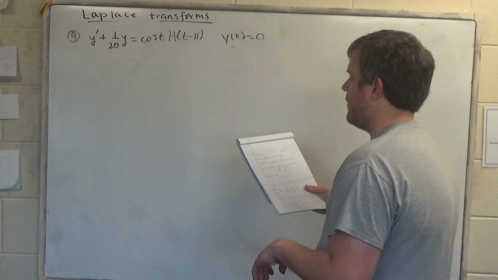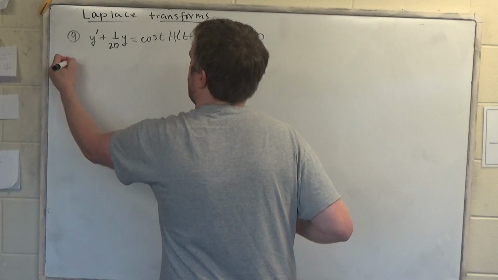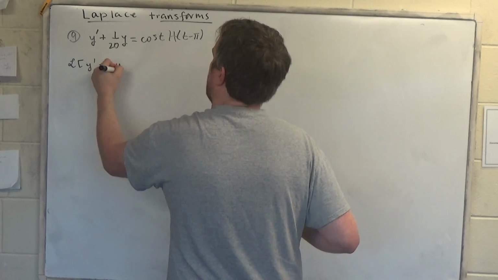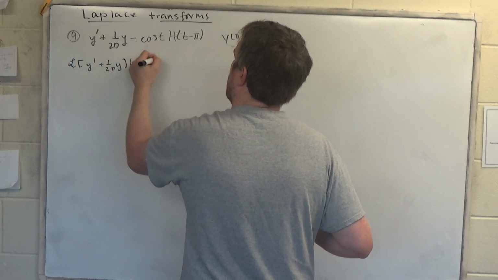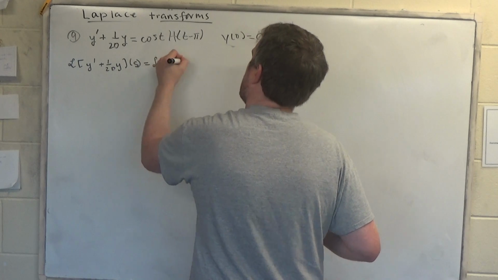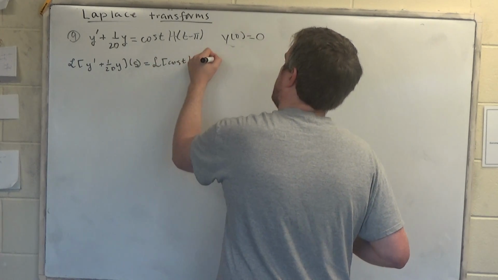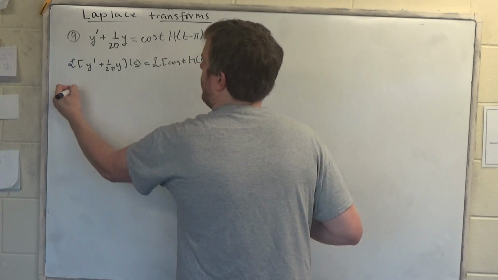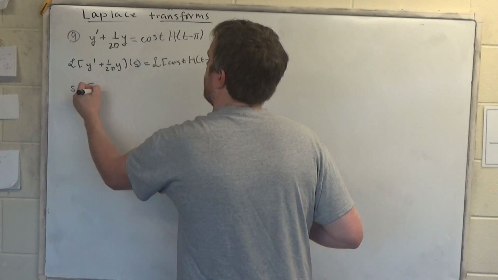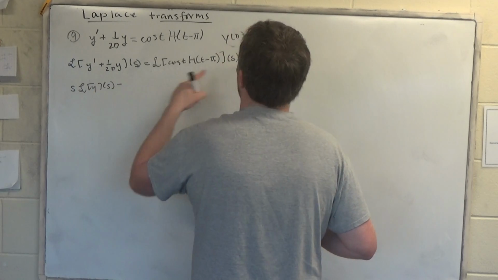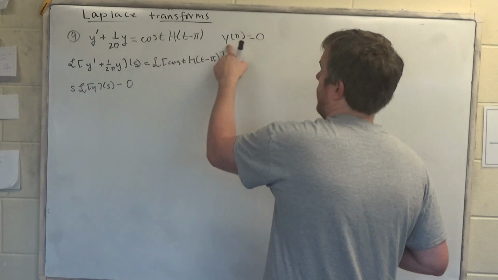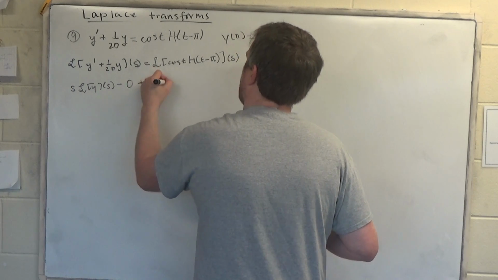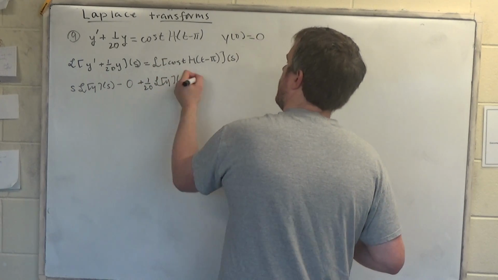So first, Laplace transform everything in sight. We're going to get s times the Laplace transform of y of s, minus, in this case, 0, because y of 0 is 0, plus 1/20th times the Laplace transform of y of s, equals,